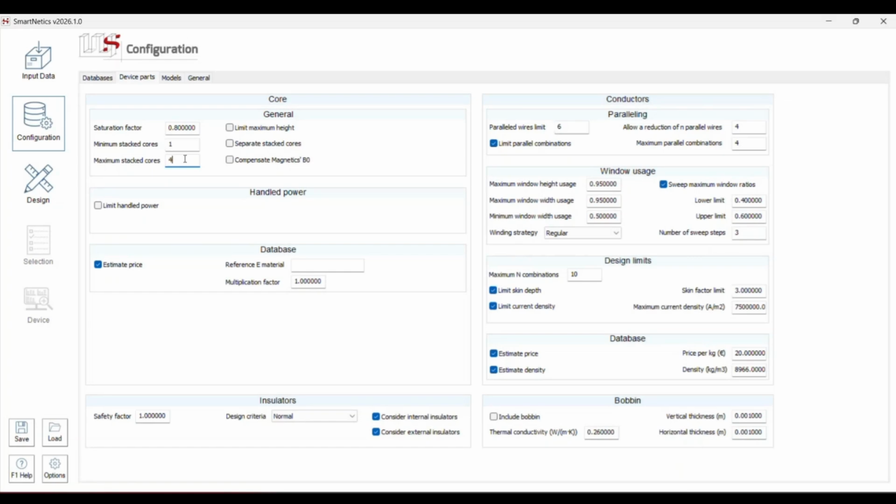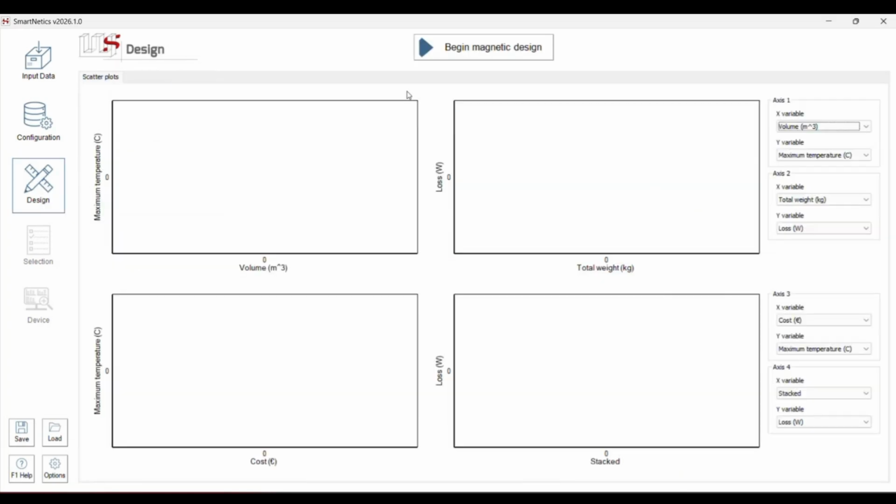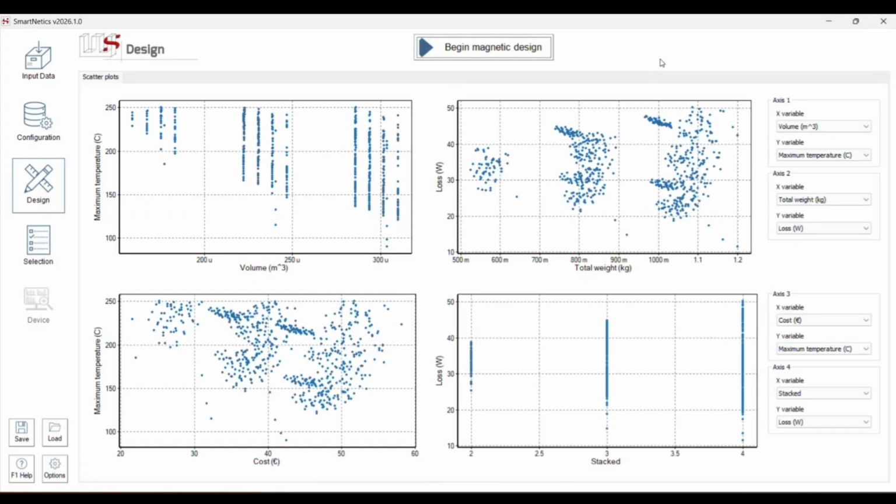As I was saying, you can leave everything else as is, and I will just run the design by pressing in here, okay? As you can see, in Smartnetics, we don't provide a single solution that we say is the best for some reason. Because for any particular project, the definition of best changes.